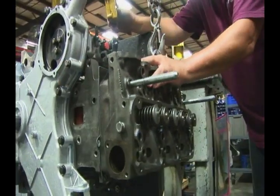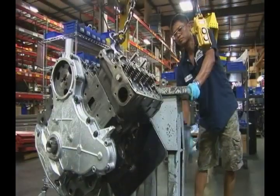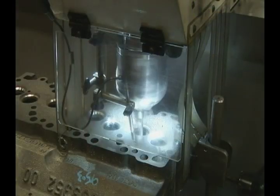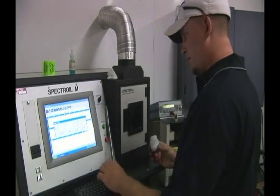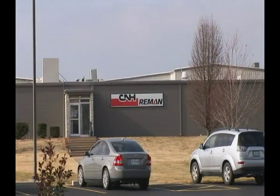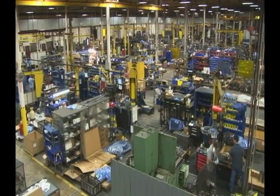The New Holland name stands for quality, and nowhere is that quality more apparent than in New Holland remanufactured engines. These units aren't just repaired or rebuilt, they are completely remanufactured, with absolute attention to detail, extensive testing, and rigorous application of the original equipment specifications. The only way to understand just how thorough this process is, is to watch it in action at our Springfield, Missouri